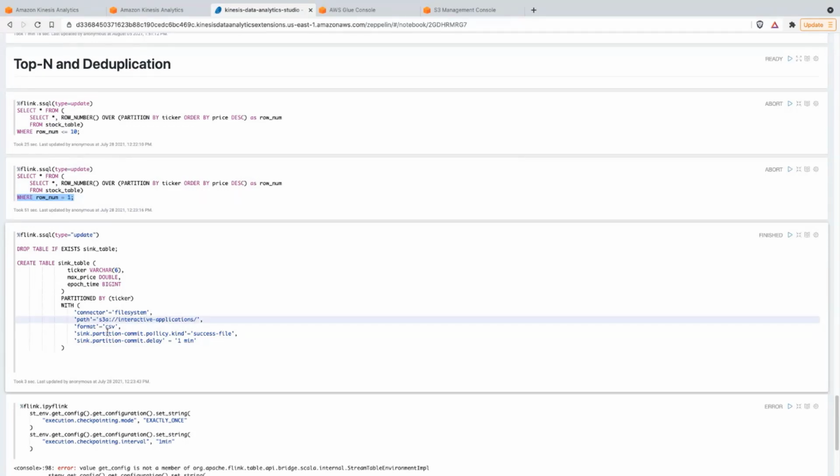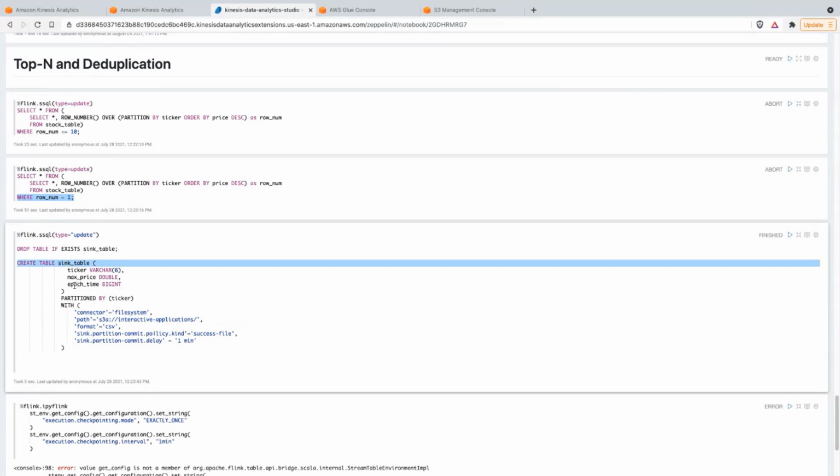So what I want to showcase at the end here is that we have the ability to sync this data out. It is interesting to generate these insights and visualize the data in this Apache Zeppelin notebook, but we also might want to write this data out to, for instance, Amazon S3 and do some further analysis in batch or something like that. So what we can do is create a table called sync table with the associated schema